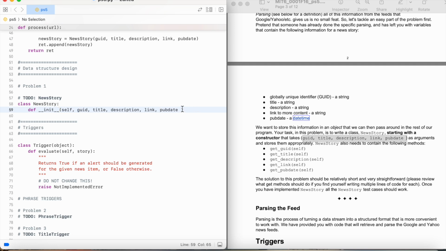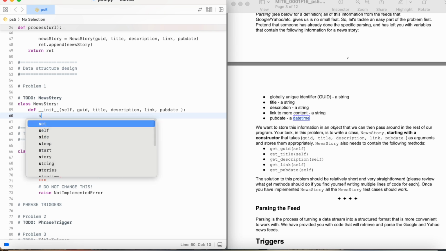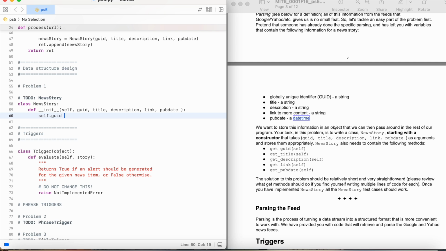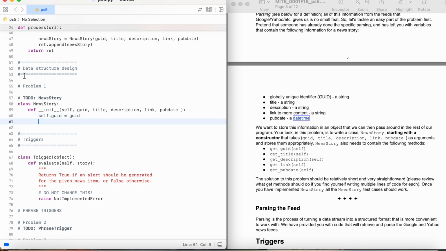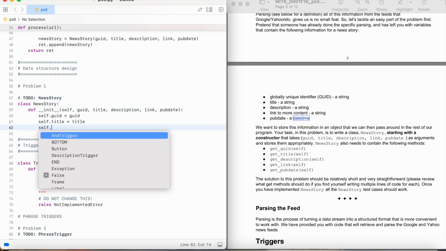Okay, now that we have this, we have to store them appropriately. So it's going to be self dot whatever this is equal to that. And this is just the basics for what a class is. For most classes, this is what we have to do. For each of the parameters that we define, we're going to do the same. So self.description,